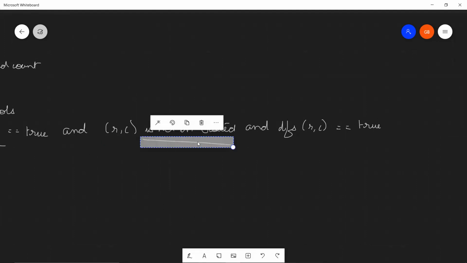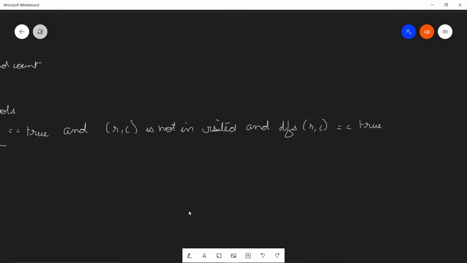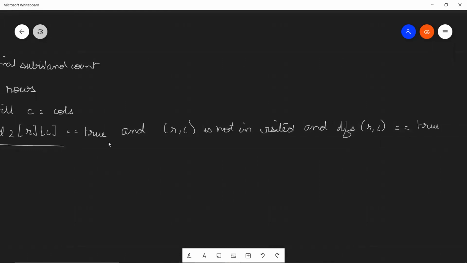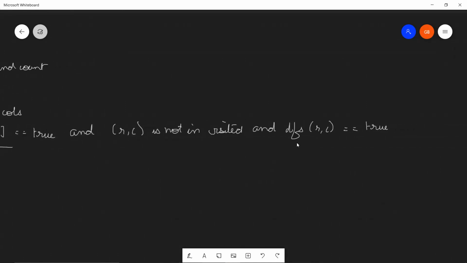If RC is not already visited, if grid 2 RC is actually equal to 1, which means there's some island present over there, and the DFS which we perform on that grid 2 returns the value true, which means something that is desired, then that will actually present the sub island findings, right?